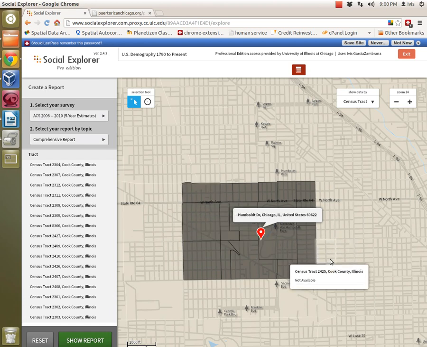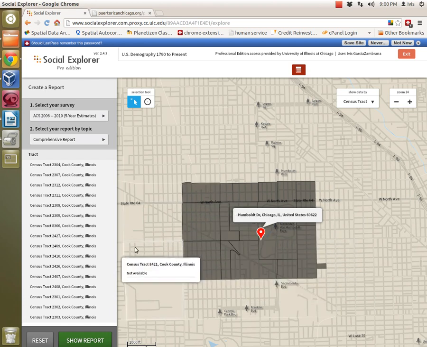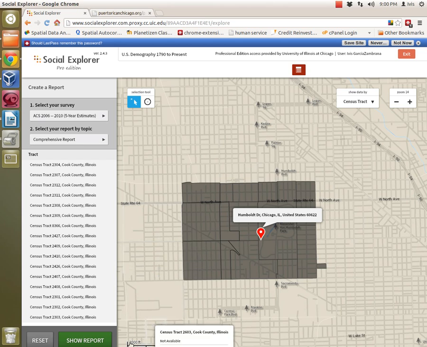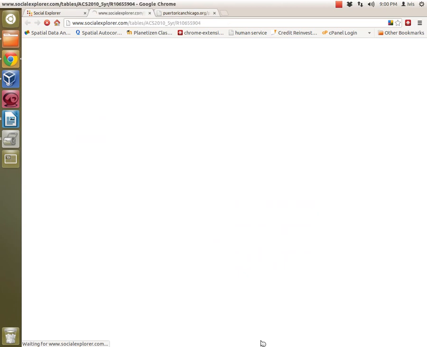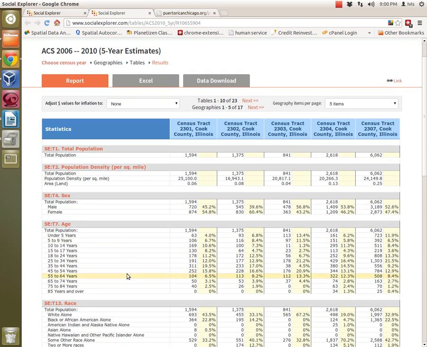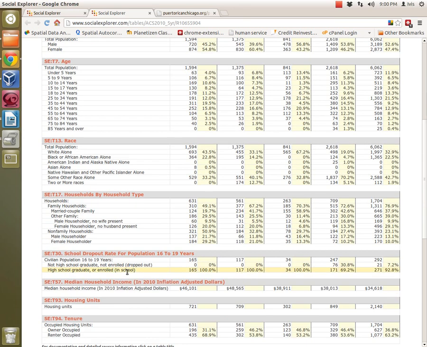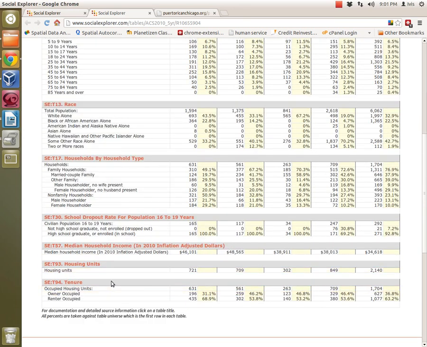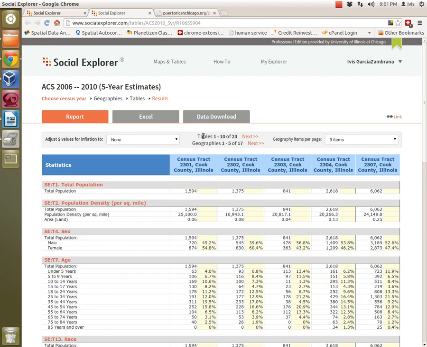Alright, so that's more or less the colloquial Humboldt Park area, and I will click the show reports in order to see some data. Here there's lots and lots of data, lots and lots of tables. It starts with total population, as you can see, like sex, age, race, there's housing tenure, but this actually continues. If you want, you can scroll to the next